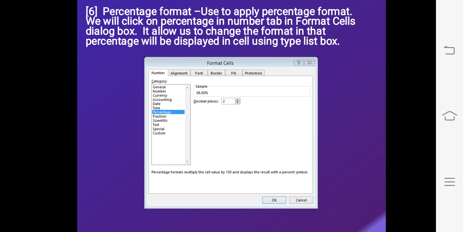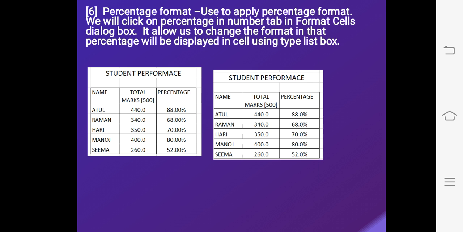To apply the percentage format, we just click on percentage in the number tab, and also in that we can change the decimal places, that is, how many digits will come after the decimal point. Children, when we apply the percentage format, the percentage sign comes. Also, as we want, we can change the decimal places.